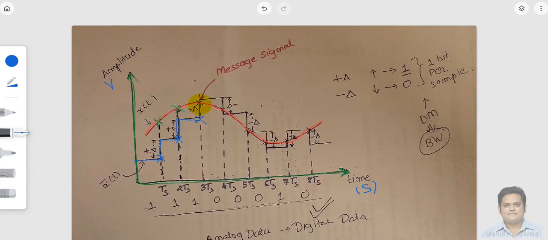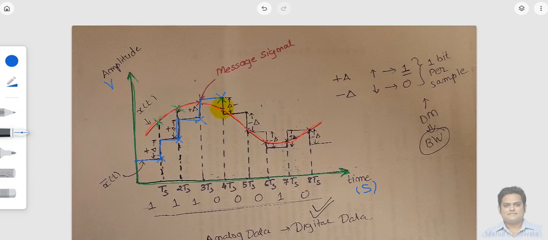So I'll go in the upward direction by delta step and stop there, on a particular constant voltage value, till I reach the next sample value. Here again I'm going to check the values of x(t) and X bar of t.